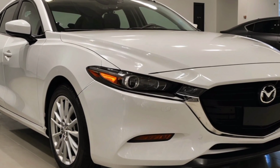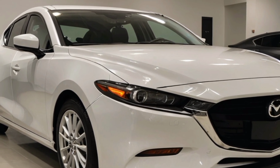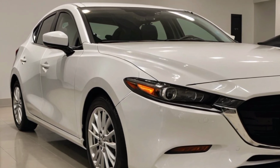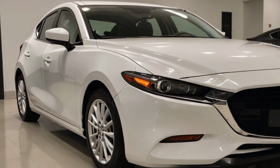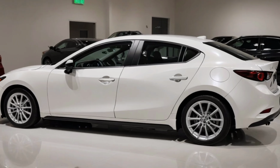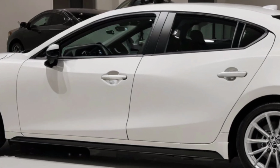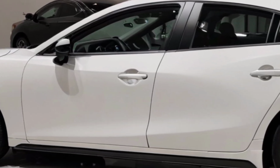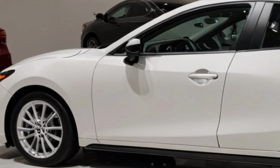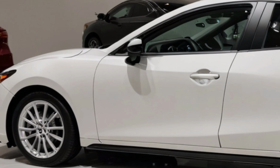The exterior of the Mazda 3 exudes sophistication and sportiness, offering a sleek, sculpted body that draws attention from every angle. Starting from the front, the bold, signature wing grille is one of the car's most recognizable features, seamlessly integrated with sleek LED headlights. These headlights not only enhance visibility but also add a sharp, contemporary look that defines the car's aggressive stance. The flowing lines along the side of the Mazda 3 are nothing short of stunning, with a